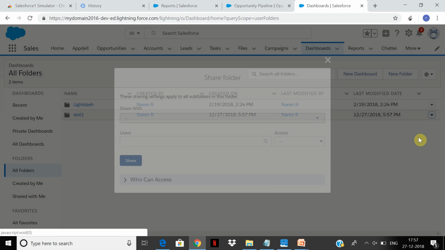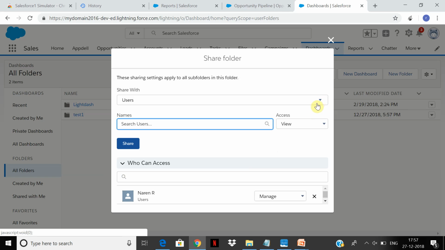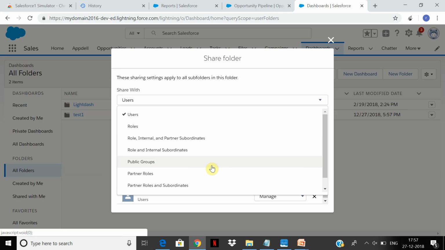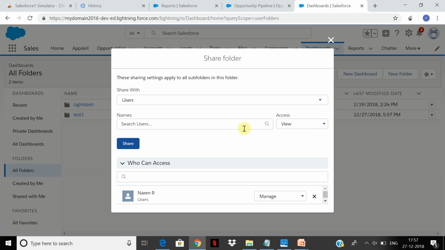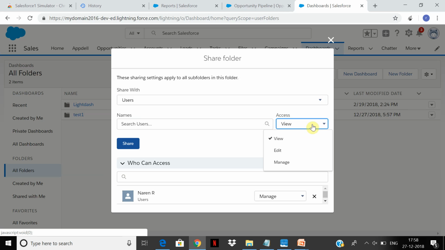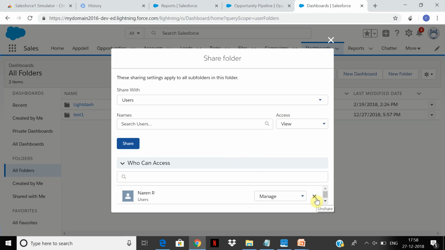You can say share. You can either share it with the user or, as usual, with the role groups, the same thing that you saw in the other screens. You can search users and the various access modes are view, edit and manage. So these are the various ways in which you can share it.